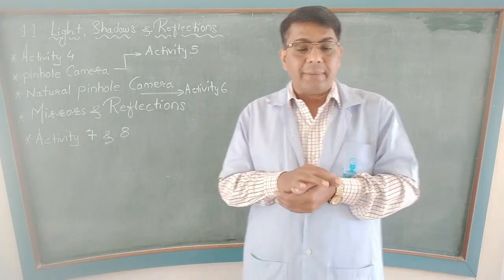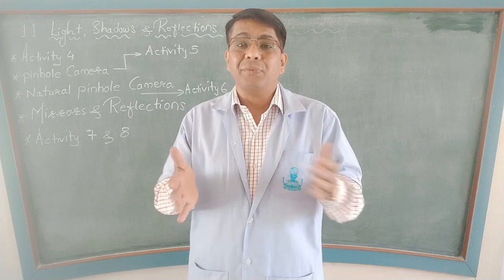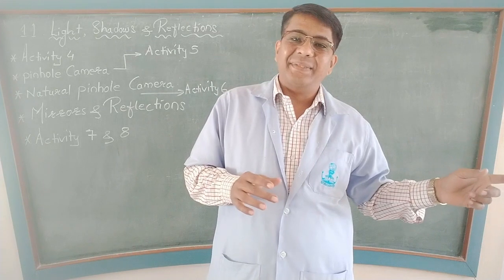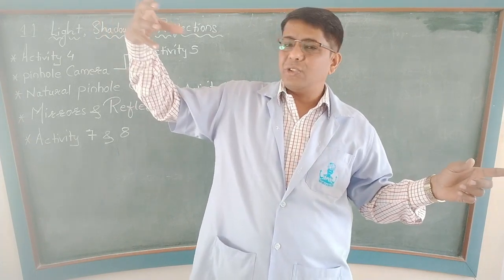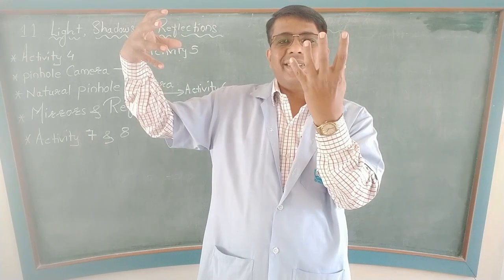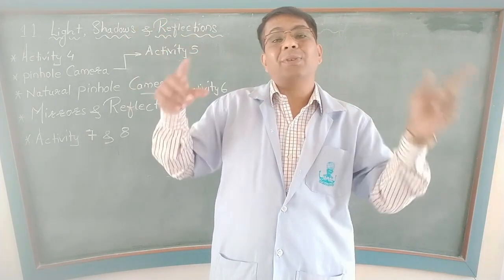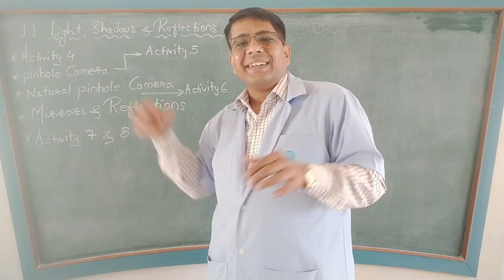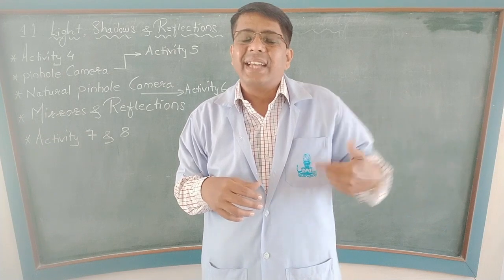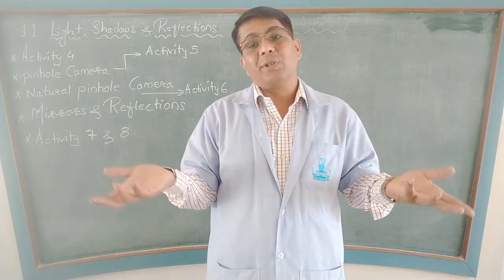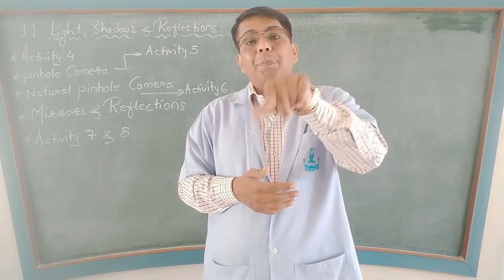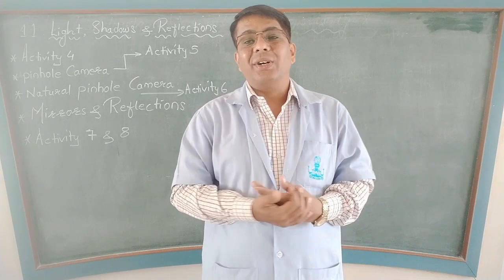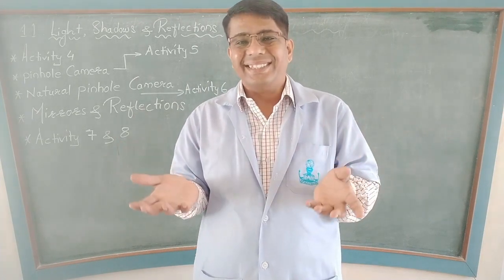Okay, then some important characteristics or features of shadow that we have studied now. See here, a shadow is always formed on the opposite side of the source of light. So if the source of light is from here, and the object is here, the shadow will be on this side. So it is always formed on the opposite side. Second, if the position of the source of light changes, the position of the shadow also changes. Even the shape may change. Then, depending upon the position of the object, the shape and size of the shadow keep on changing.